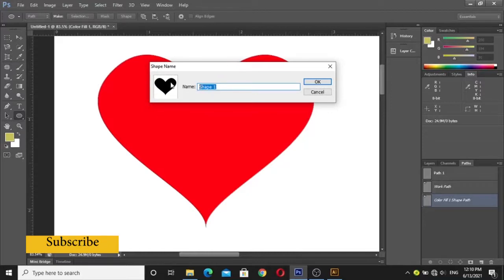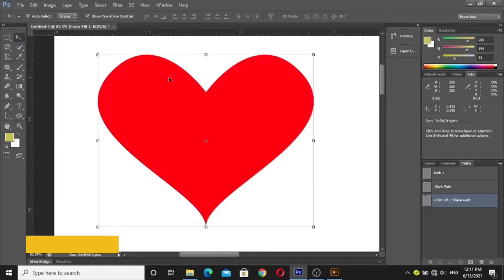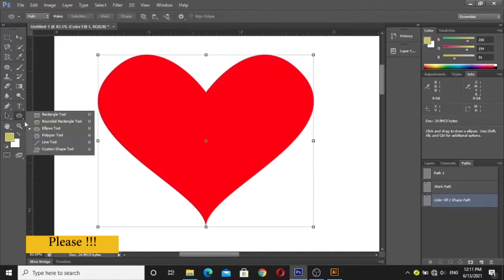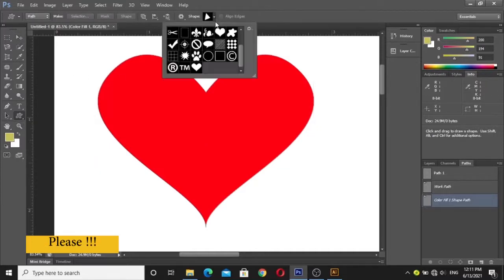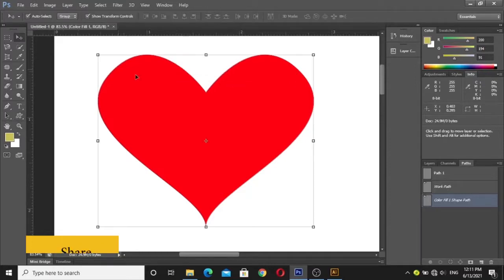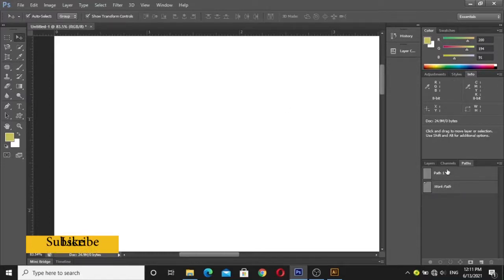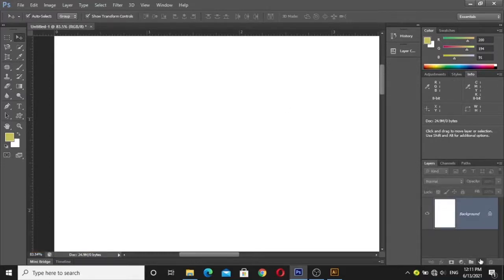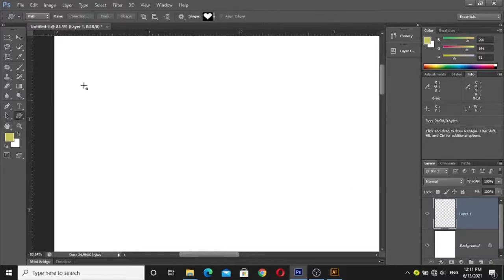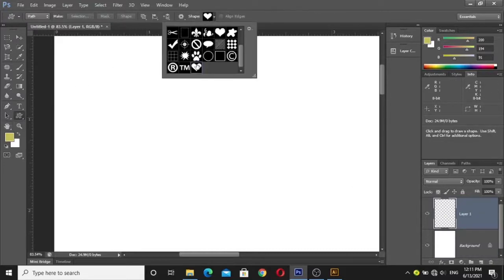I am going to build this shape into my custom shapes, so I will be able to use this shape later. Press OK. Delete this shape. Go to custom shape and the shape that I have built will appear. Delete this shape. New layer.